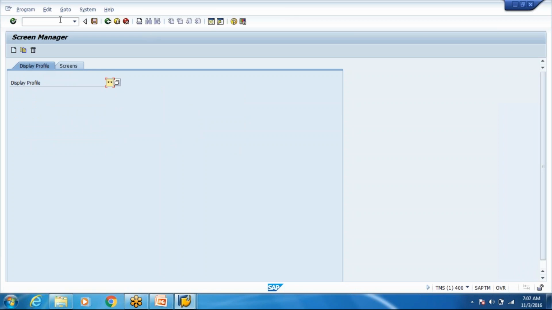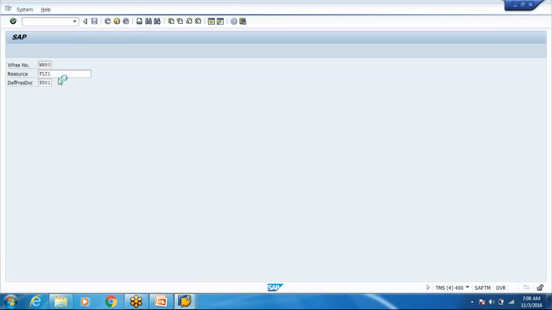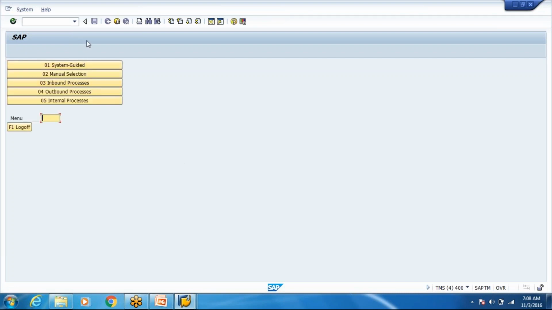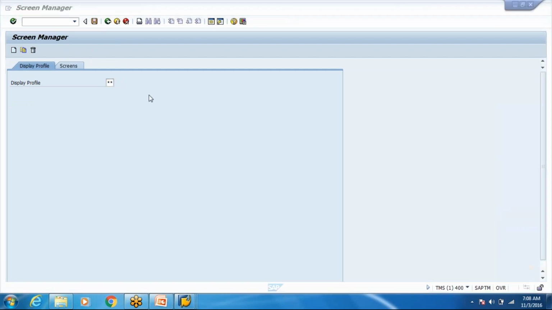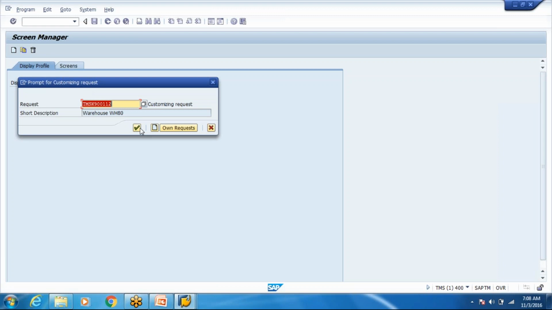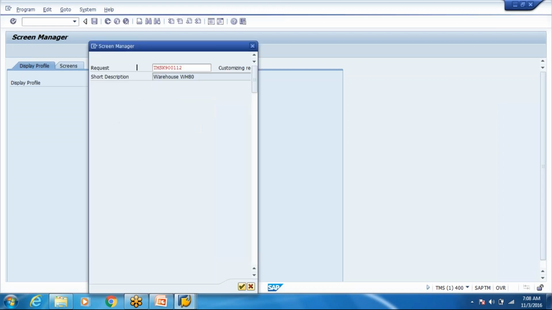The standard RF screen you will first try to open on your handheld gun and see whether the screen fits correctly, or whether it is truncated, or the screen is big and appears in a corner and is not properly filled. What you have to do here is copy the standard display profile.